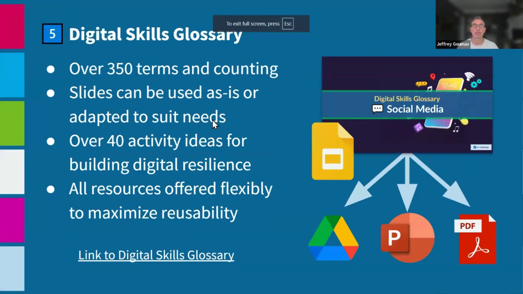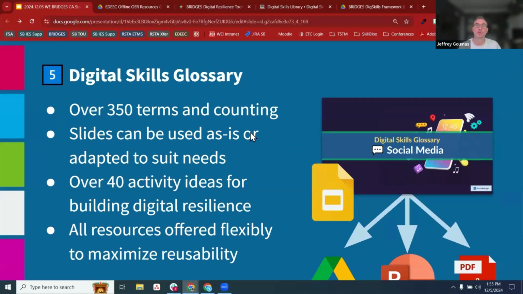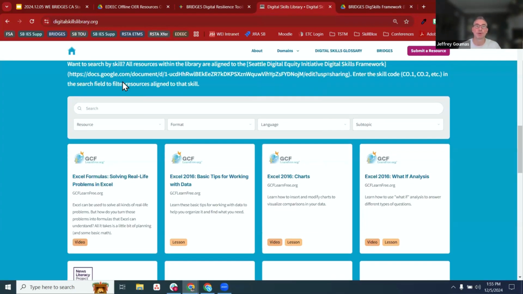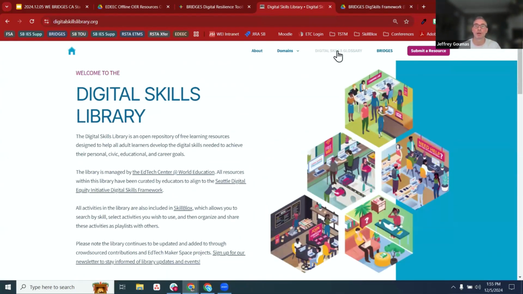Another resource that's in the toolkit is the Digital Skills Glossary. And this is an open education resource that was developed actually by educators through Service Learning Professional Development that we run. And the aim of this Digital Skills Glossary is, and if you go back to where we were, it's